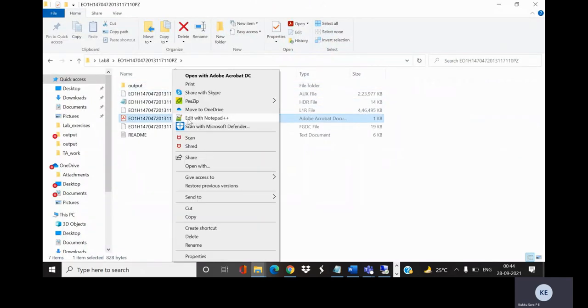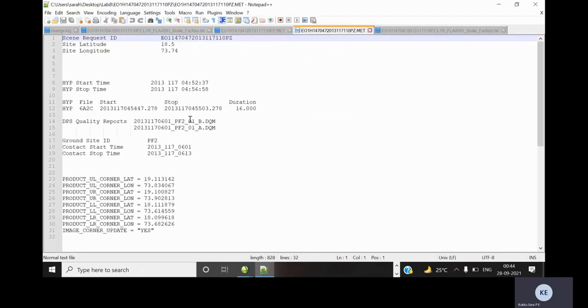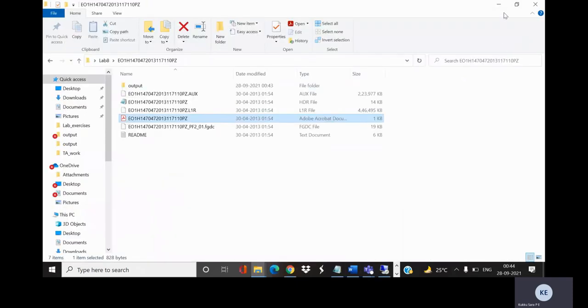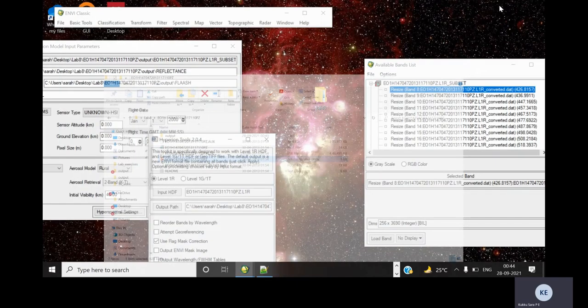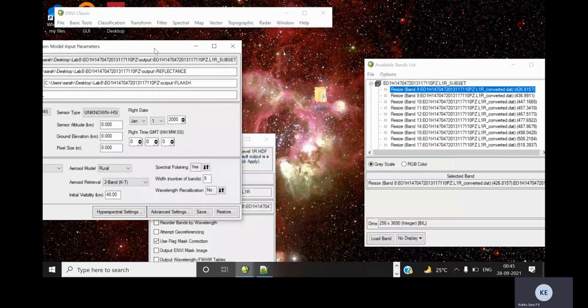So this is our metadata. Here you can see the site latitude, longitude, then flight start time. We'll just add this information here.